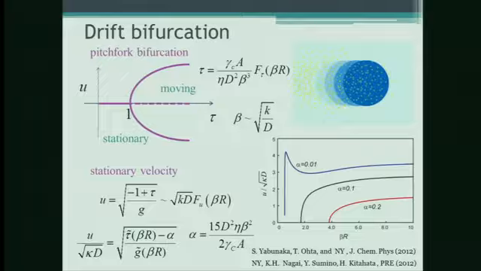And we could also calculate the velocity of the droplet as a function of the size of the droplet, and we could get this kind of behavior. The mechanism of this translational motion is that, suppose this droplet slightly moves in this direction,